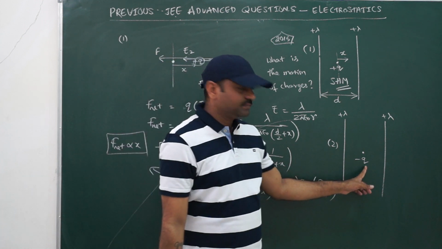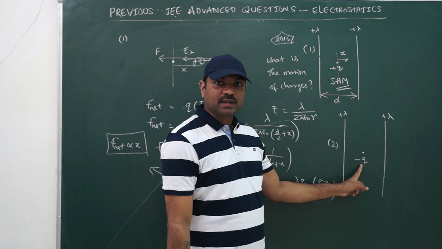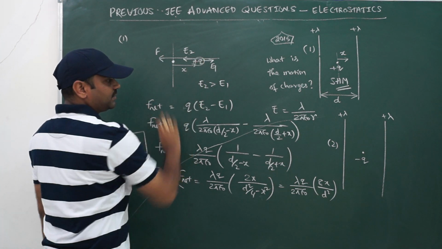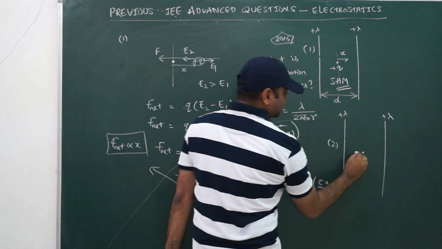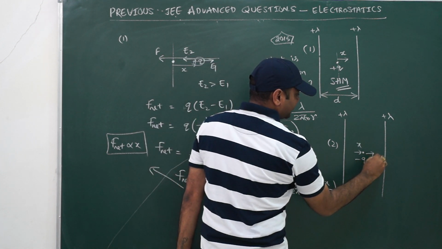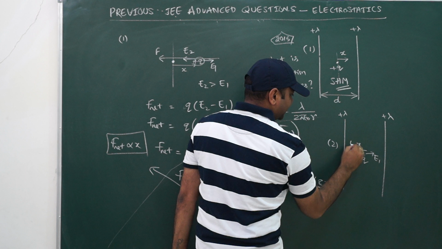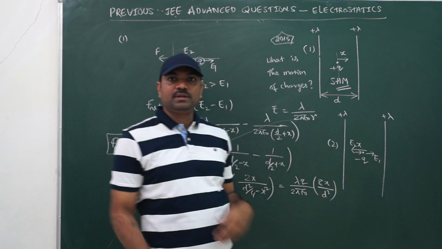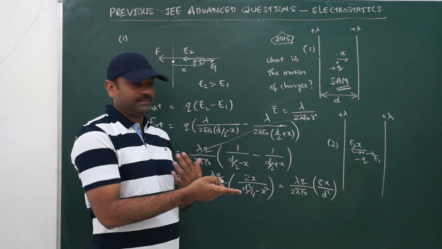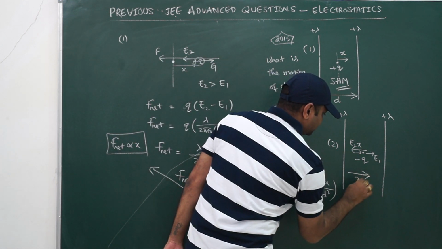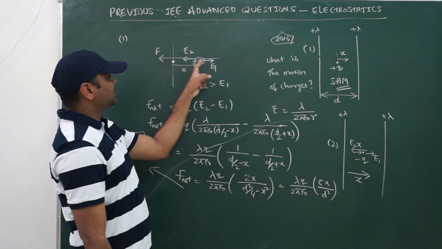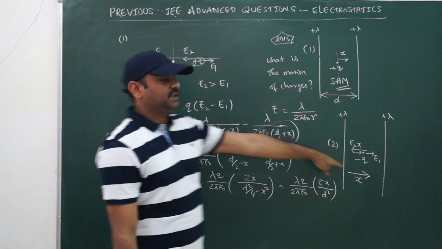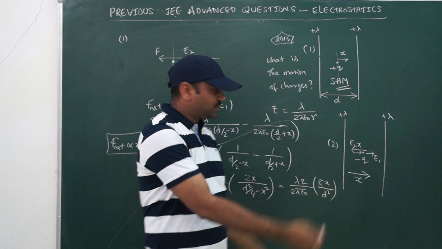Whereas if you see here, this is a negative charge. Now if I am keeping the negative charge over here, same diagram, nothing else, okay? So if it is displaced by x amount, suppose, then E1 will be away, E2 will be away from it. Now as the charge is negative, the force will be opposite to that. So the displacement is x; for a positive charge the force we are getting is towards left. For a negative charge the force will be towards right, net force will be towards right.